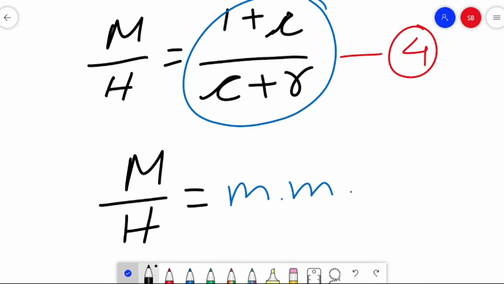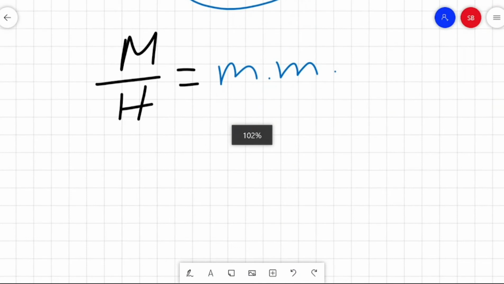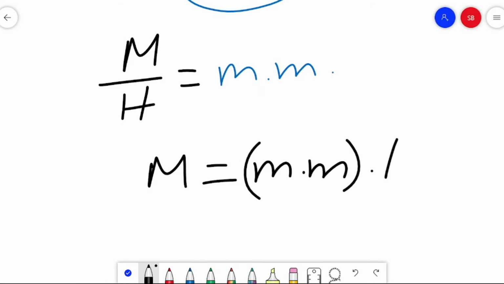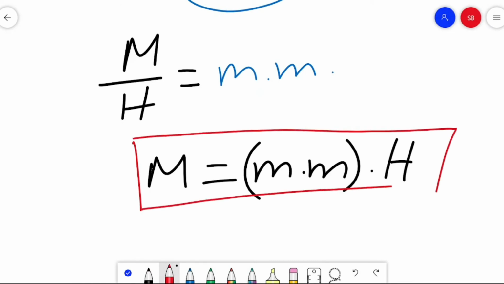So here we have our money multiplier, that is M equal to money multiplier into H, and this is what we have been seeking for this long. This mm is representing the money multiplier,